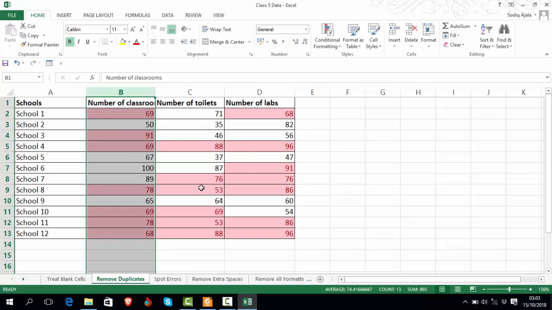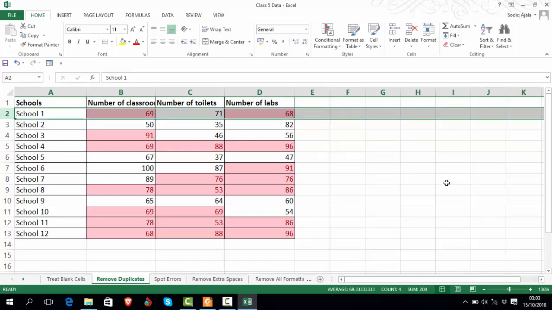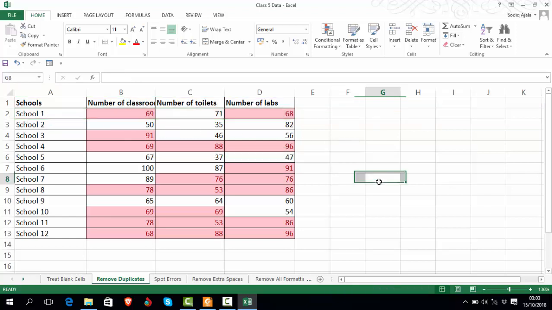So when it comes to duplicates, it doesn't make sense for me to change any data on the column, because what duplicates actually mean in this context is responses that are duplicated. So take for instance, I have school 1 with all of this, then I have another school 1 with all of this. So responses that are duplicated. And if we take a very good look at this,